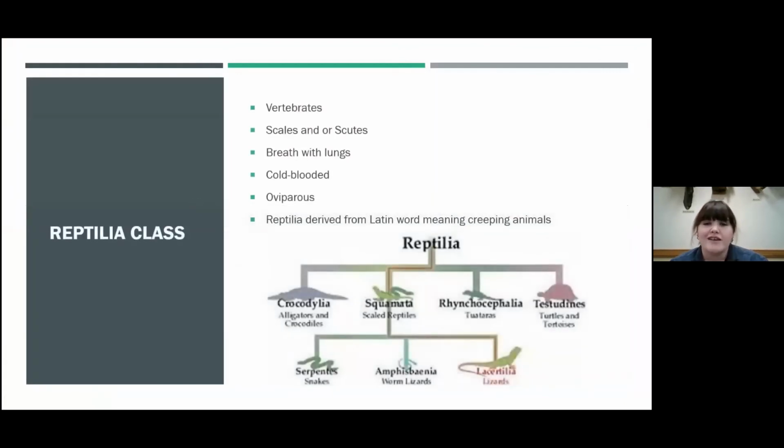First, I always like talking about the class that snakes are from, Reptilia. So they are reptiles, of course, which means that they have vertebrates. They have scales or scute. Scute are actually from turtles. The scales that are on the back of the turtle shell are scute. They breathe with lungs, and they are cold-blooded, so that means that they're not able to self-regulate their body